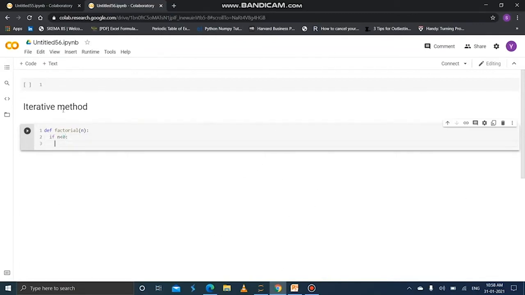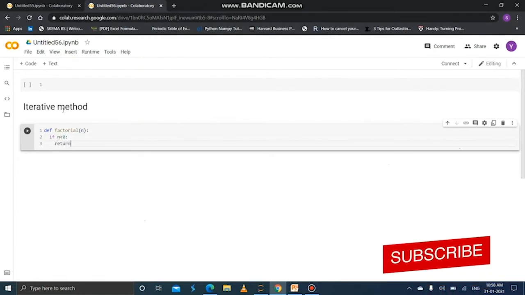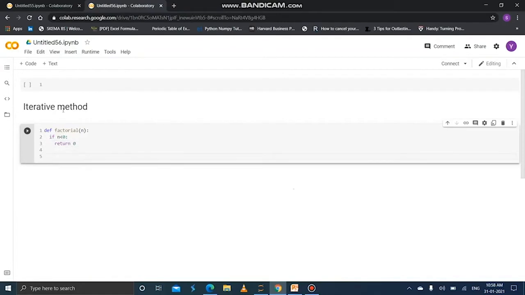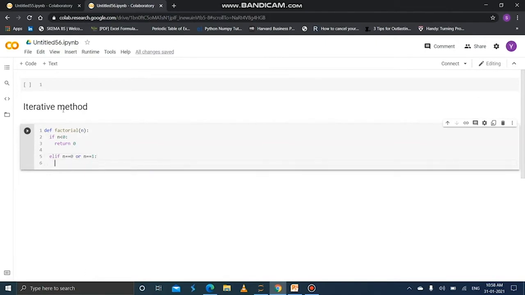In this case, it returns 0. Return 0. And if n is equal to 0 or n is equal to 1, in this case, it just returns 1.